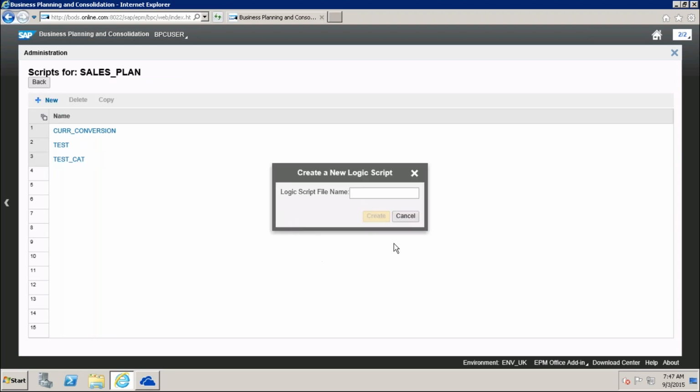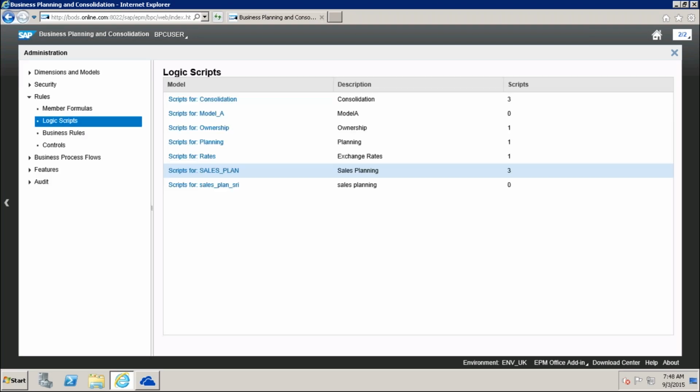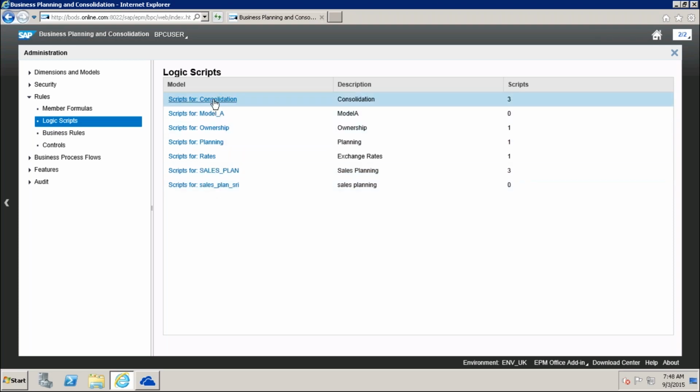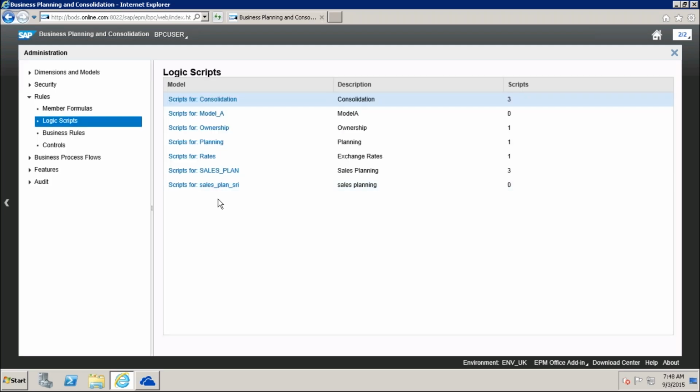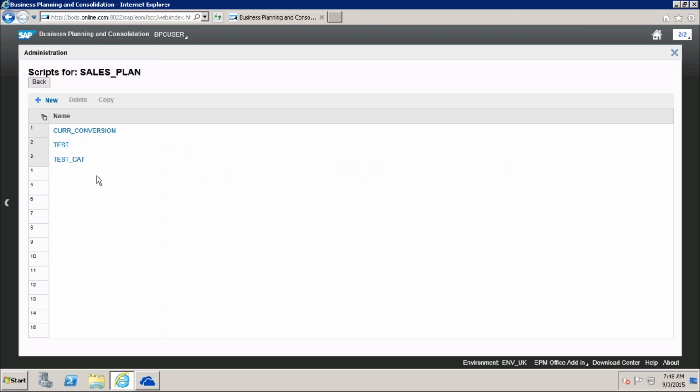We don't have the default logic here, so we will keep it in our sales plan also.